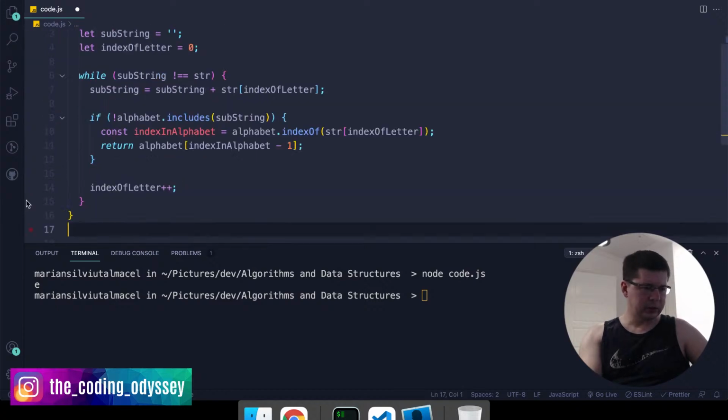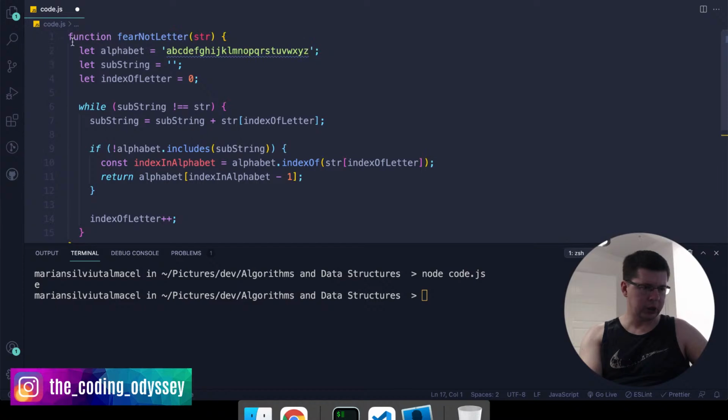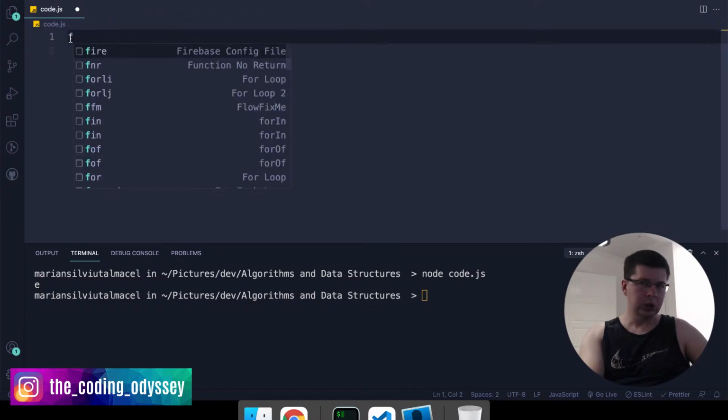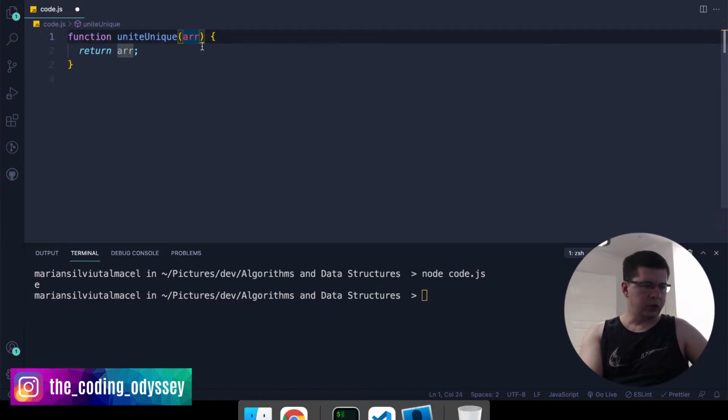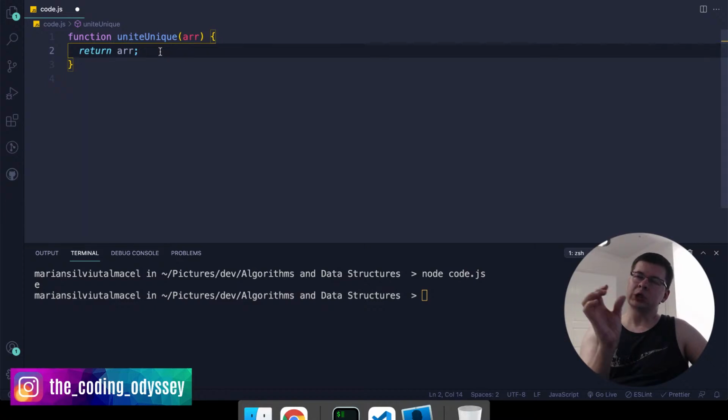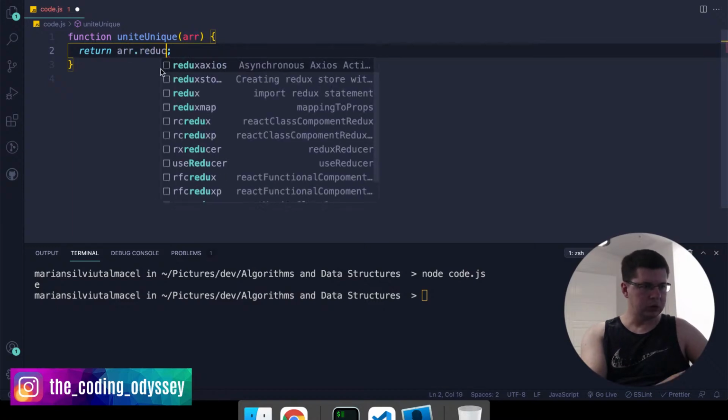Now, if you haven't learned reduce, I do have on my channel a really good series on the reduce method, which works on arrays, and you can basically reduce them to an object or a string or an array or anything, right? So this is an array of arrays, and what we have to do is go to each array and push all the non-duplicate ones in their original order, and then push from the next ones the same, but don't have any duplicate. So I think what we can say is return array reduce,